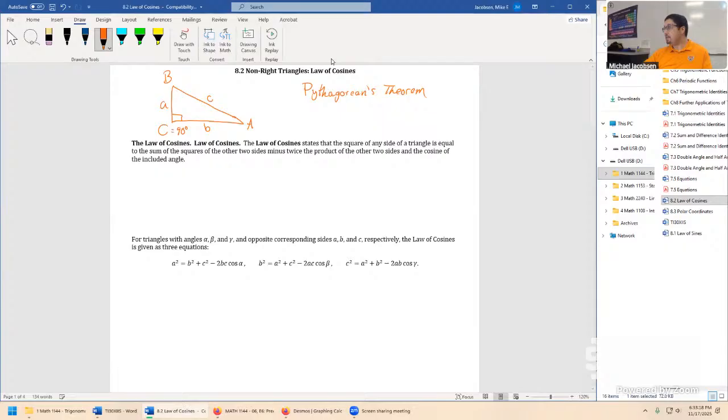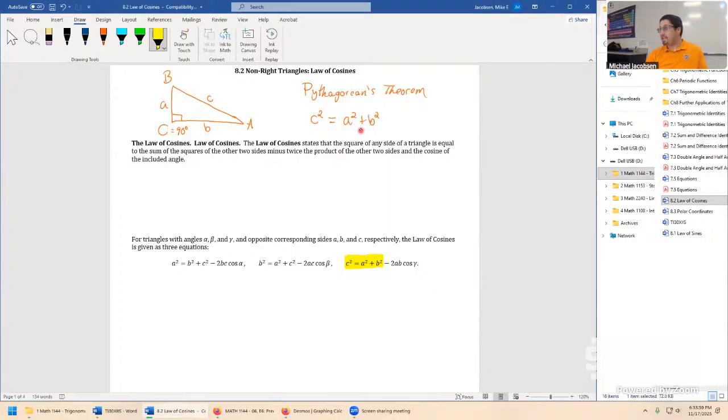The side length c can be solved for in this particular way by first squaring and saying c squared is equal to a squared plus b squared. But if you're looking at this part, that's the tie-in: c squared equals a squared plus b squared. Law of cosines says if this angle is just a little bit off, or maybe really, really off, maybe it's 12 degrees, but even if it's, say, 88 degrees, just barely off of 90, there's a little bit more to the story, and you complete Pythagorean's theorem extension by putting in this piece right here.